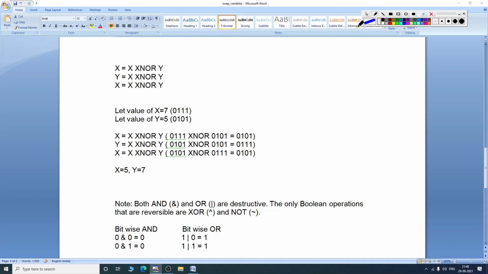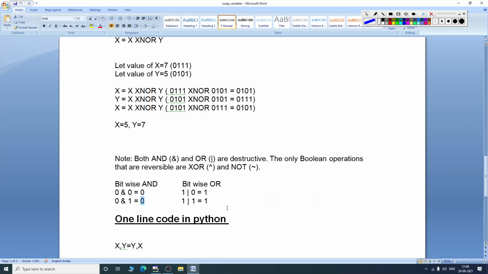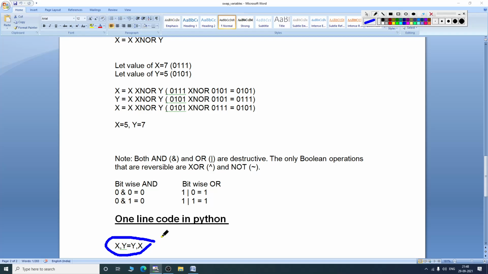Now, Python is a programming language that permits one line of code. You can write x, y = y, x. You can use this line in Python, but I cannot use it in C. Why? Because in C, comma is also an operator.